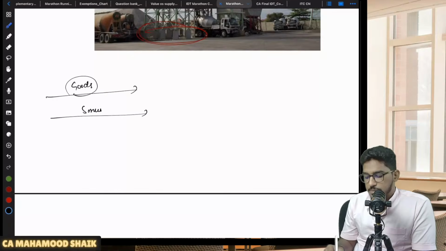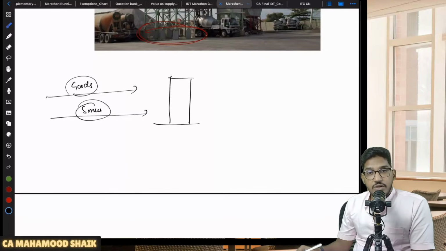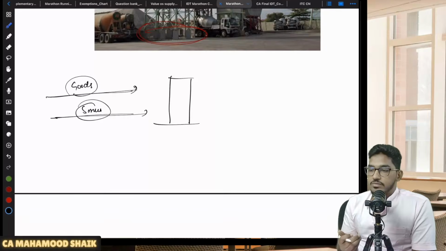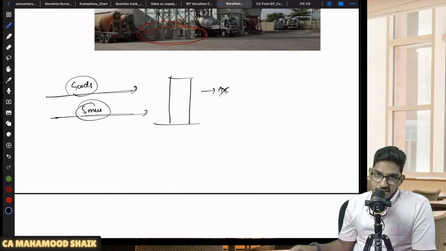That means I will buy the goods separately. I will bring the labor under my own supervision. Immobile property will be constructed. Sir, can I take ITC on that? No. Why? Because if they had allowed it, nobody would do works contract of immobile property. They would do the self-construction of their immobile properties only. So that's why they have told, either you are availing works contract services or you are doing the self-construction of immobile property on your own. Even on the self-construction of immobile property, we will not let you take the input tax credit.